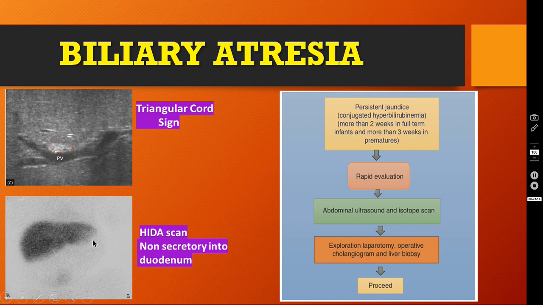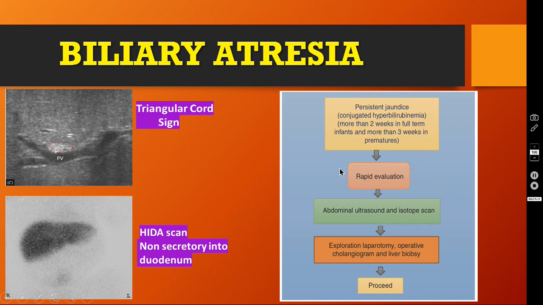You are seeing only the liver is uptaking the radioisotope, whereas it is not getting excreted in the biliary radicals, and it is not going to the duodenum and then to the small bowel. So the persistent jaundice, that is the conjugated hyperbilirubinemia, if it is more than 2 weeks in full-term infants and more than 3 weeks in premature babies, you have to do workup